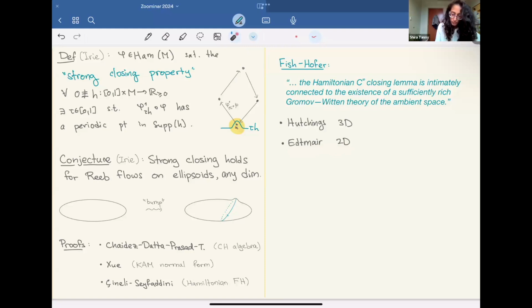Okay. If you just look at the invariants constructed in these works, up to some minor corrections, you can give the same definitions in higher dimensions. But then, at least for us, it wasn't clear how to compute these invariants, and in particular, how to deduce a closing property. And so what we decided to do in order to study the higher dimensional case is to take a slightly different approach. So our approach